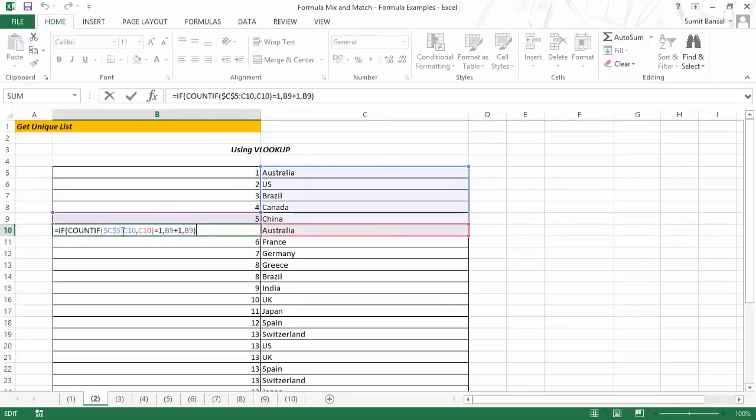But when I come to Australia again, it is looking at this entire range, and it is looking for the criteria Australia, which is in C10, and this is not equal to 2. If I select this entire thing and hit F9, you can see that this is false. This is false because Australia occurs twice in this list, and hence its count becomes 2. So in this case it would not add 1 to the number above. It would simply keep the number above. In this case again it simply keeps 5,